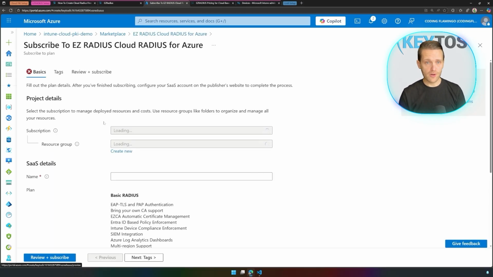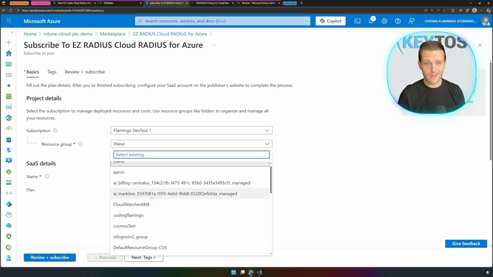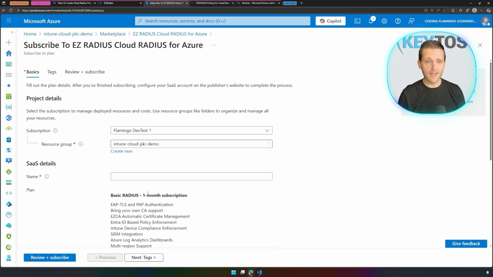So here I'm going to go and select our demo subscription. I'm going to scroll down, select our demo resource group, and then give this a name. Note that we're not actually deploying any sort of workloads or VMs into your subscription. This is just a billing resource, kind of that abstraction to make it easy to bill to your existing Azure